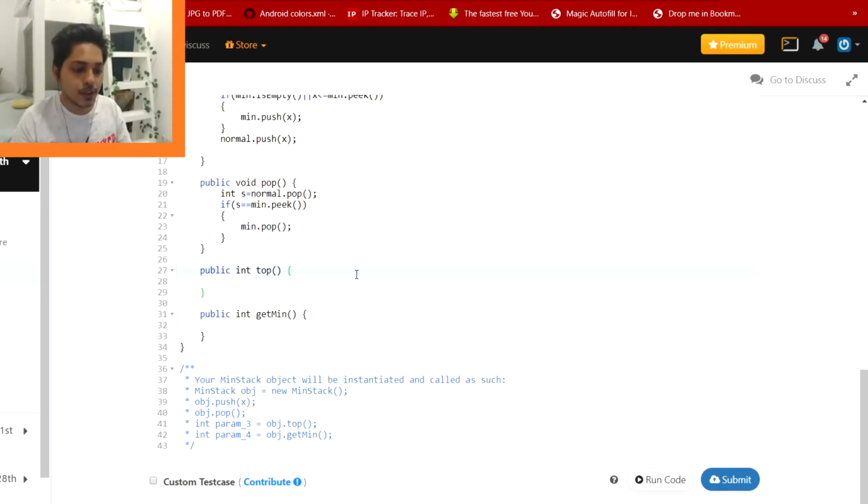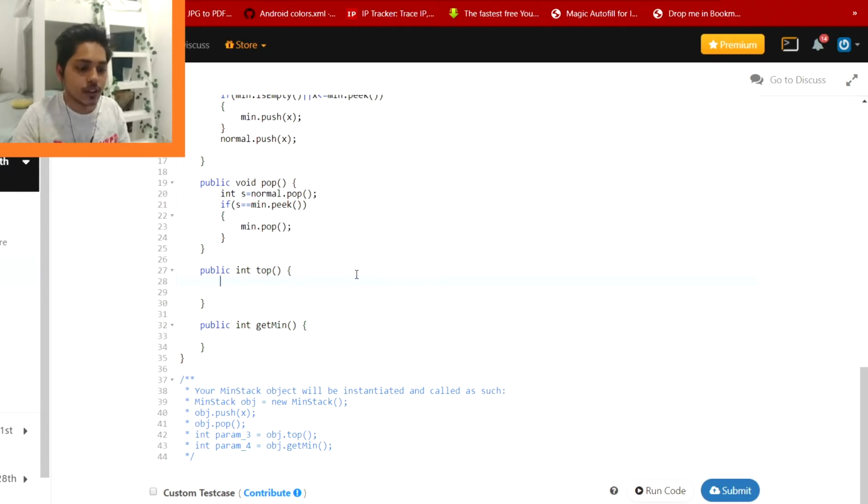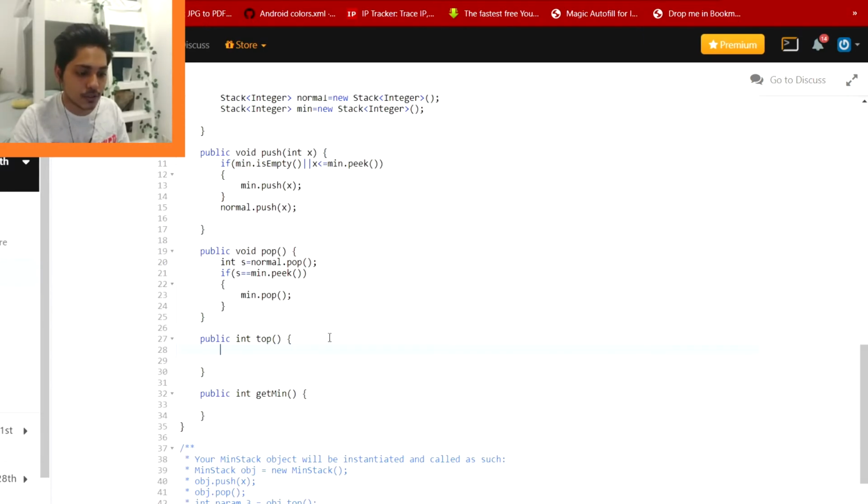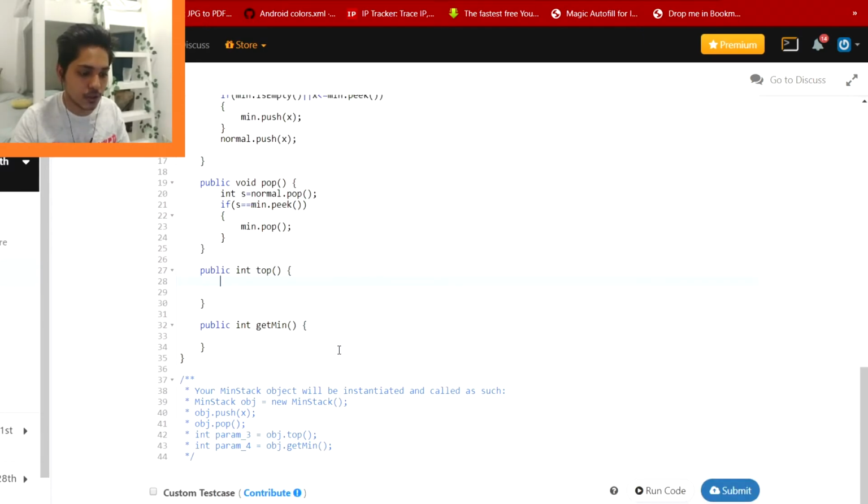Now top is going to return the value from the normal stack, so we are just going to return, in integer format, normal dot peek, because we need to return from normal, right? Only in getMin are we going to return from our minimum stack.